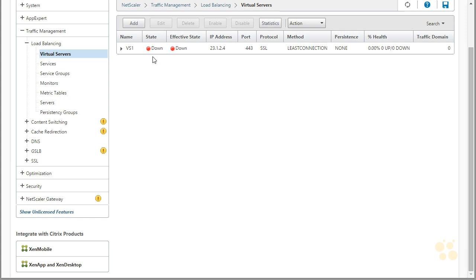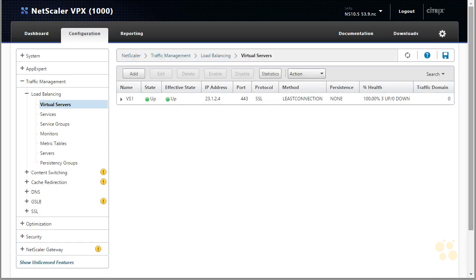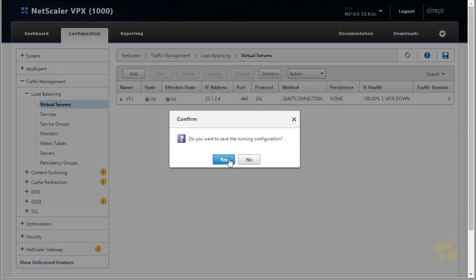Now currently here it says down. We can fix that with a refresh. I always have this little cross my fingers when I click on refresh, because if we configured everything correctly, the services should be up, and as a result, the virtual server who's using those services to load balance against should also be up. Then of course we'd want to save our configuration, so we'll save our config, click on yes,